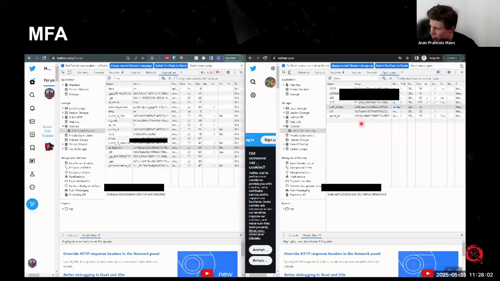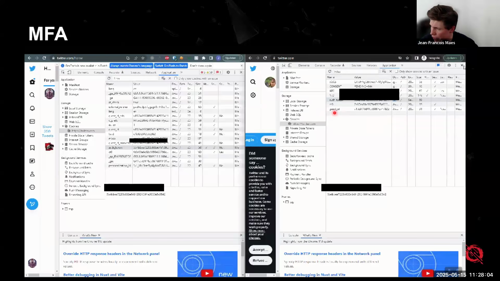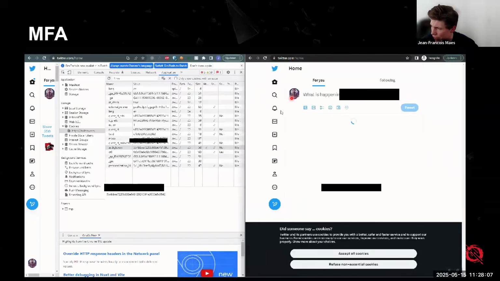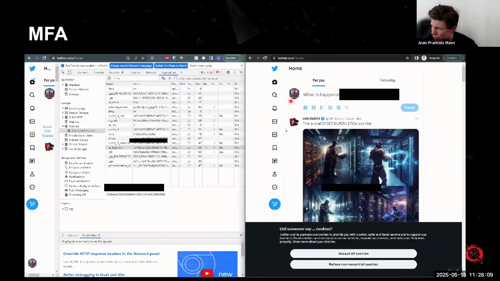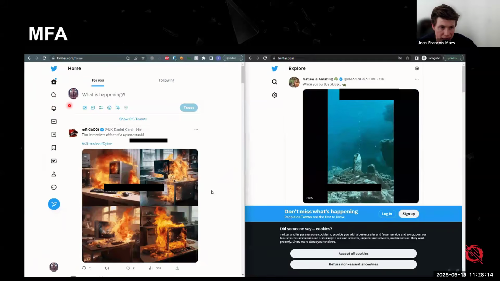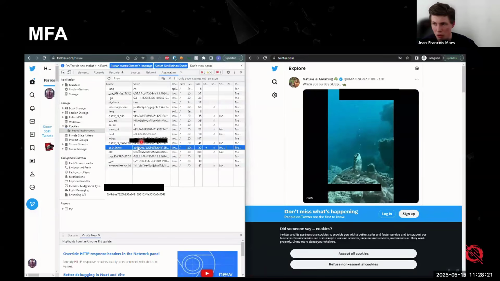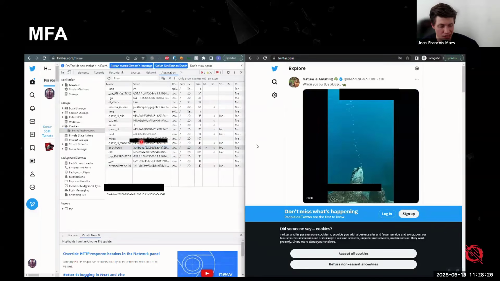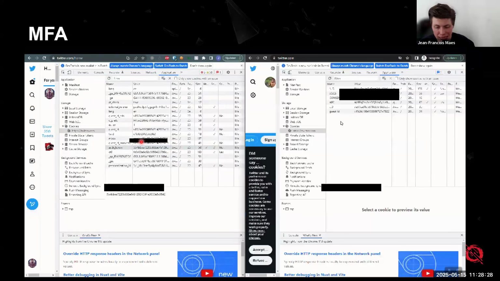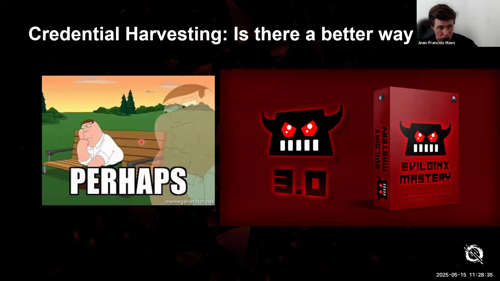Yep. And I'm simply going to refresh my web browser, and you're going to see, ta-da, automatically logged in as my account, right? So even with multi-factor authentication enabled on my Twitter account, it doesn't matter if an attacker can simply dump a cookie of an already connected session, then it's super straightforward to just inject it into our own web browser and to actually do that and piggyback on our own authenticated session.